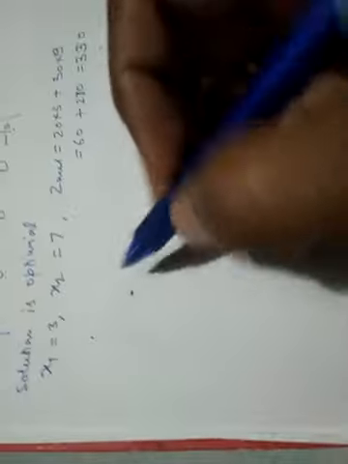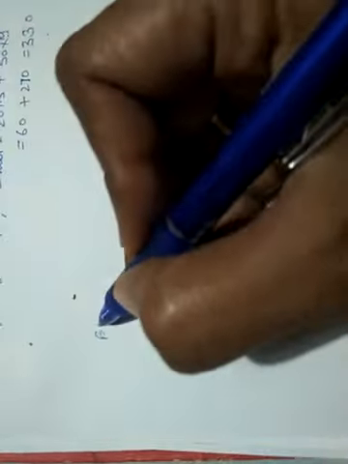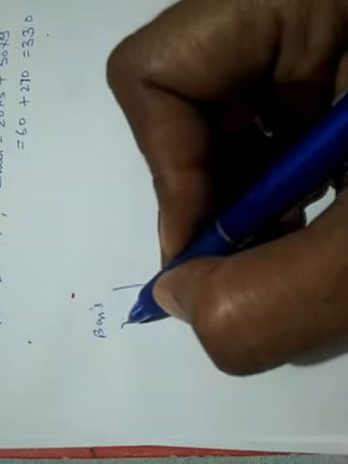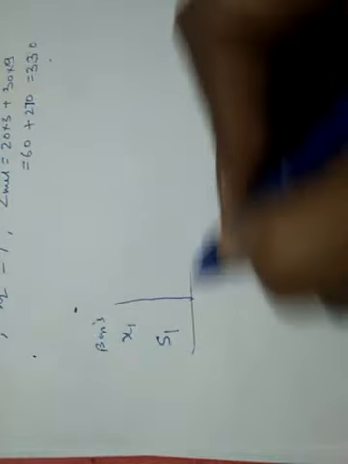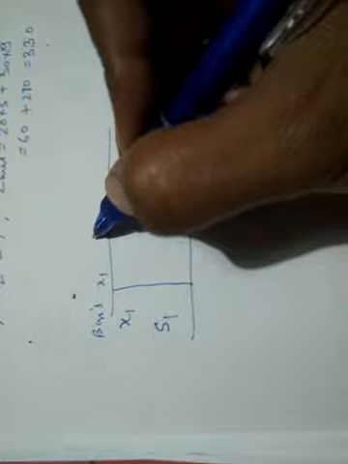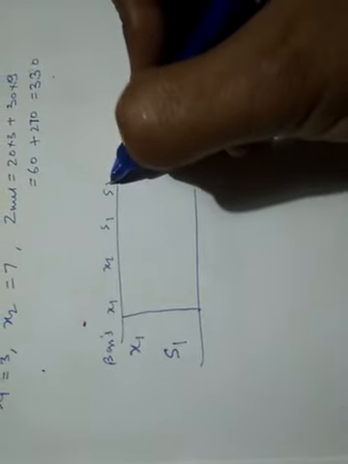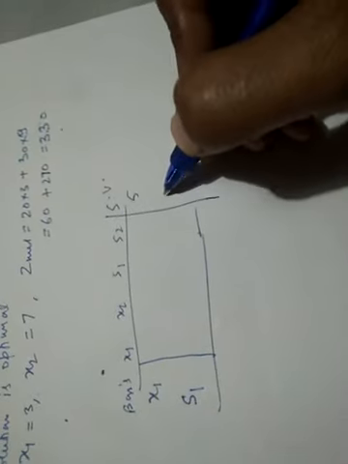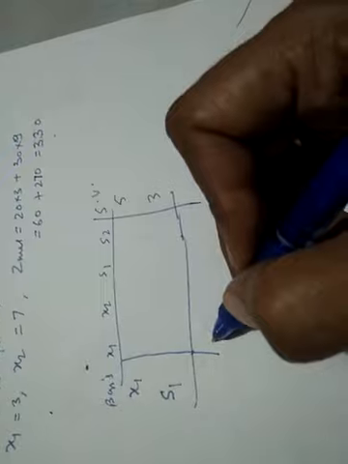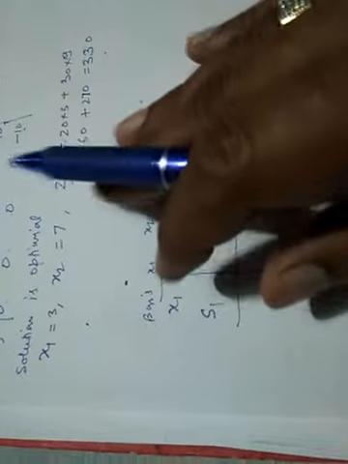Now one more thing I am going to tell you. Suppose a few varieties I am going to discuss. Suppose in an optimal solution you find that in the basis there are the values x1 and s1, and these are the solution values 5 3, and you get all the delta negative. Suppose this is the optimum solution.